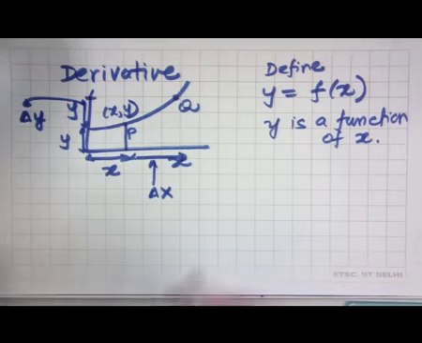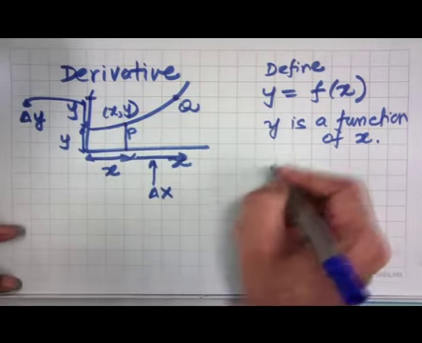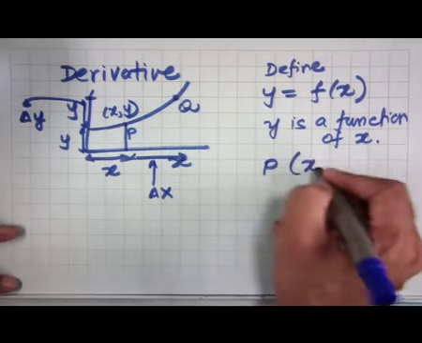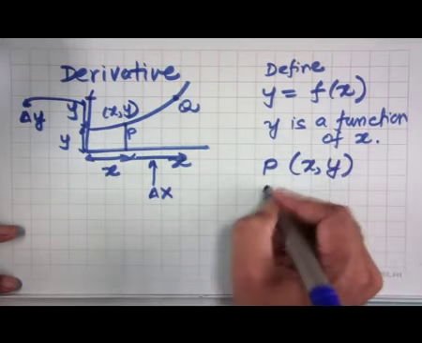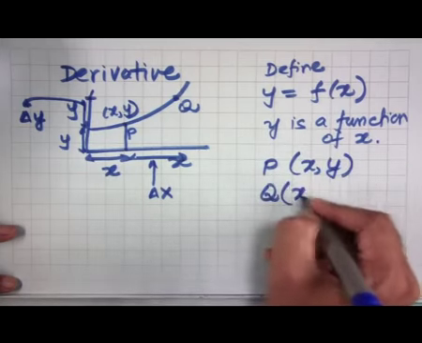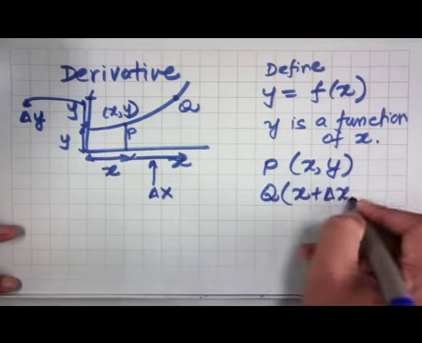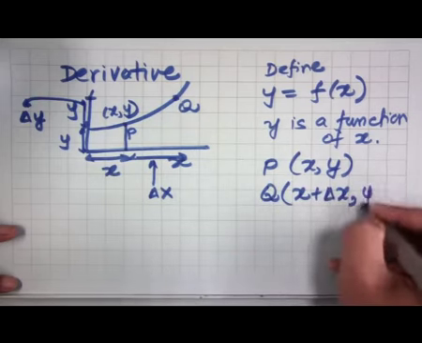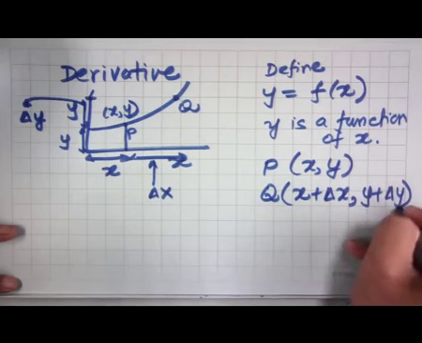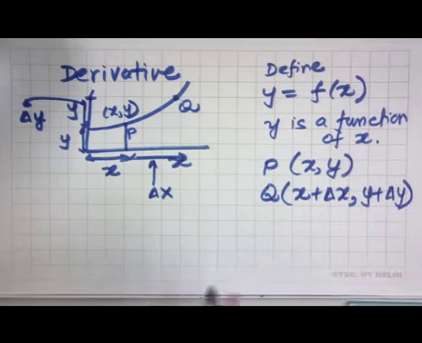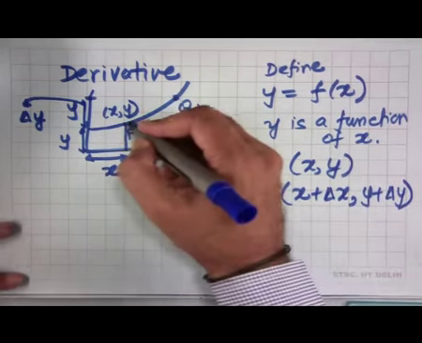So, therefore, the coordinates of point P are x comma y, and for point Q, the x coordinate will be x plus delta x and the y coordinate is y plus delta y. So, these are the coordinates. Now, if we